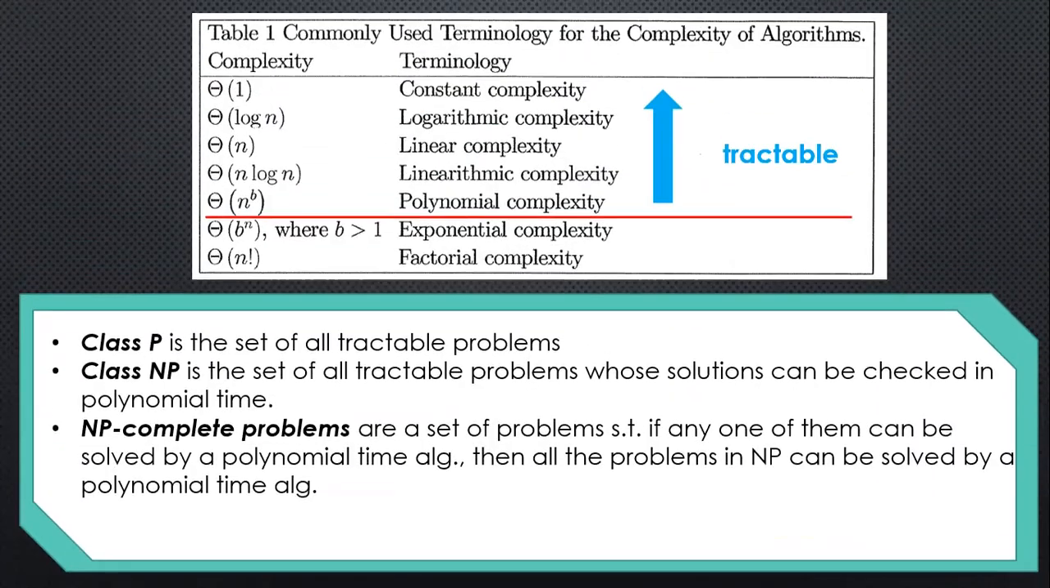And that's the idea here. If you can look at it and say, that's a solution real quick, does that have any connection to being able to find that solution real quick? So NP-complete problems are a set of problems such that if any one of them can be solved in polynomial time, then all of NP can be solved by a polynomial time algorithm. So this connection,